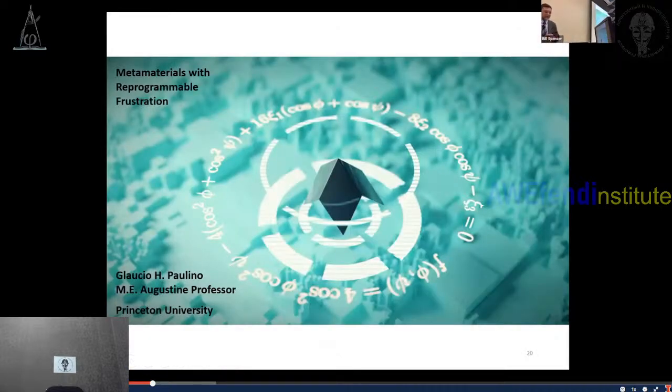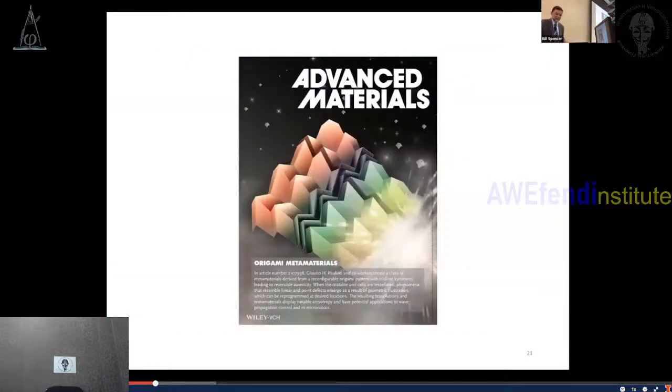So now I would like to share with you some work that we did recently on metamaterials with reprogrammable frustration. Sometimes frustration can be bad, especially in life, but sometimes, especially in engineering, frustration can be good. And I will explain how we can use frustration to design reprogrammable metamaterials. And most of what I am going to tell you, you can find in this paper that was published recently